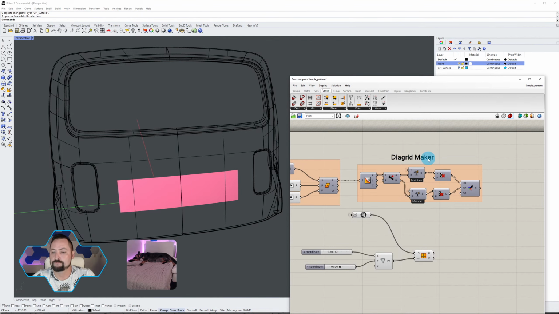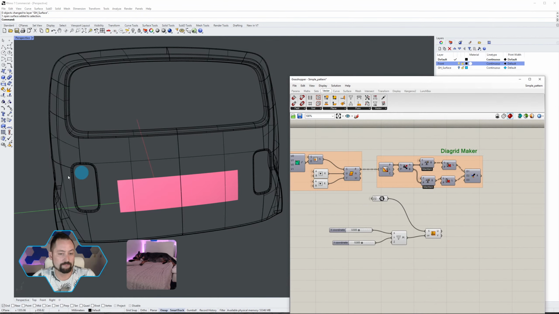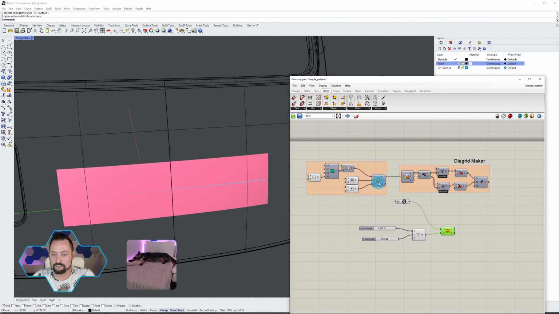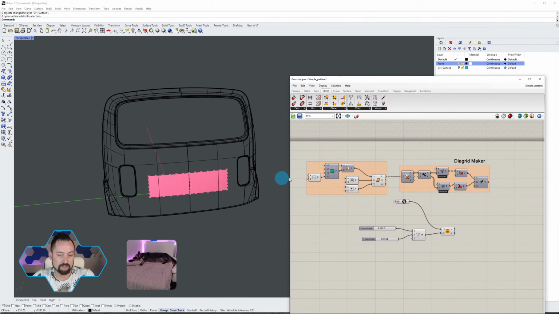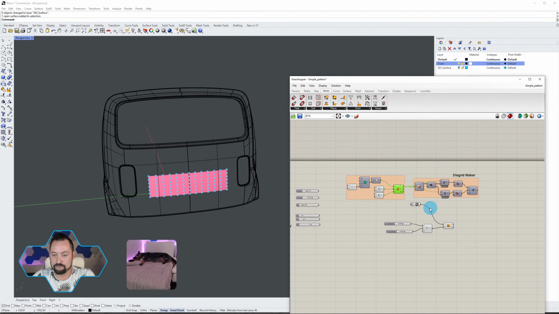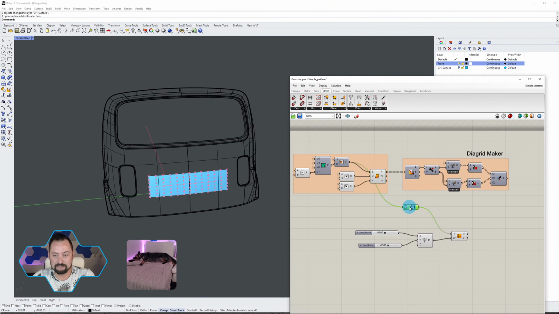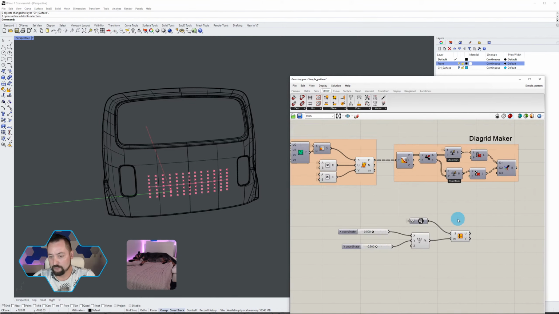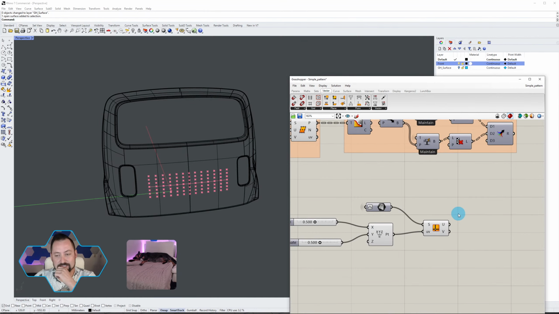Okay, so now we have this, and then we also have the points, right? These points. And I don't need to see this. This I don't need to see. And with this curve, I only want one of them. Or if I want to change the attractor, what I'm thinking is,